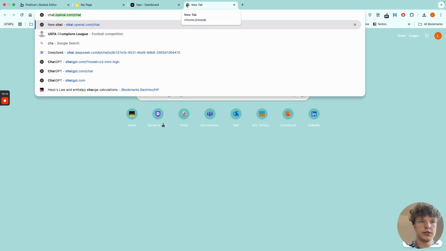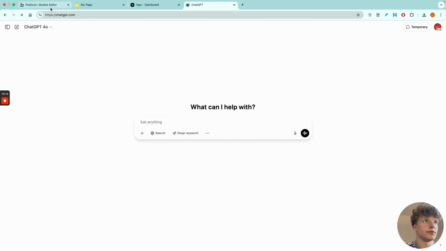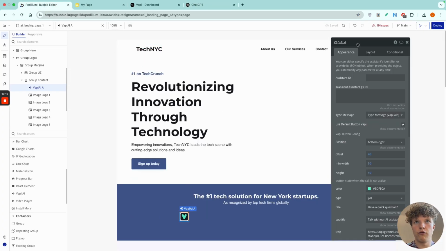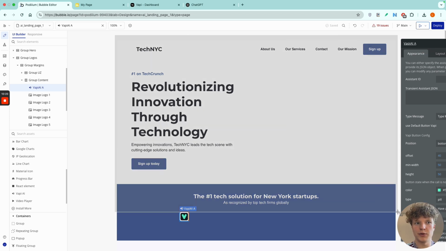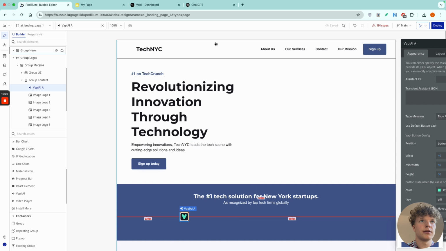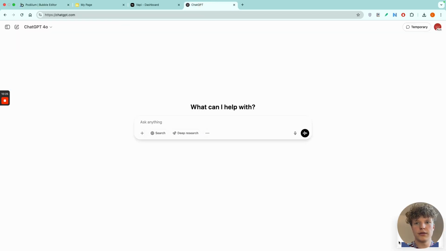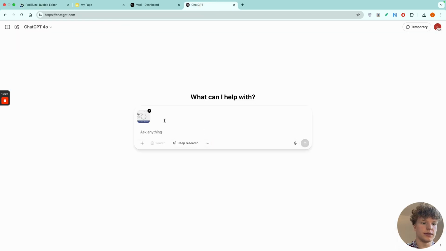Now I'm just going to go to ChatGPT, and this is super cheating. If this is actually for your own startup, then you probably want to just write the document by hand. But I'm just going to go to ChatGPT. I'm going to give it the image here and say,